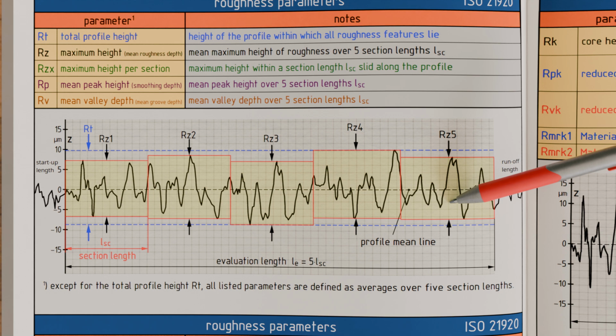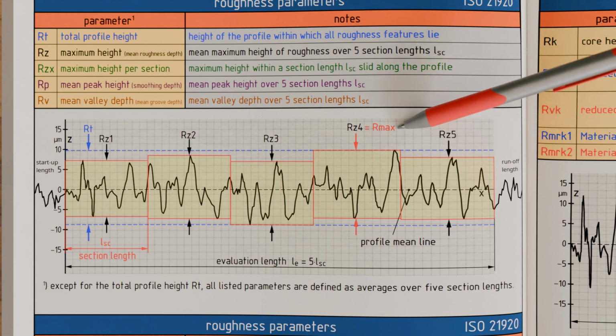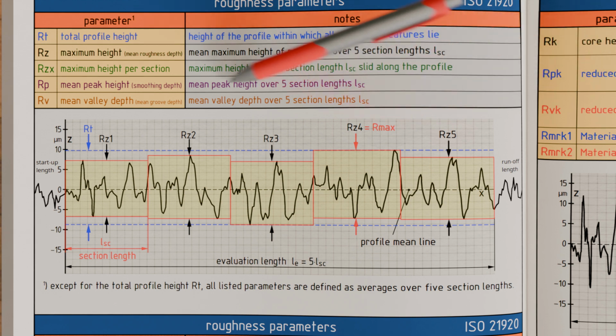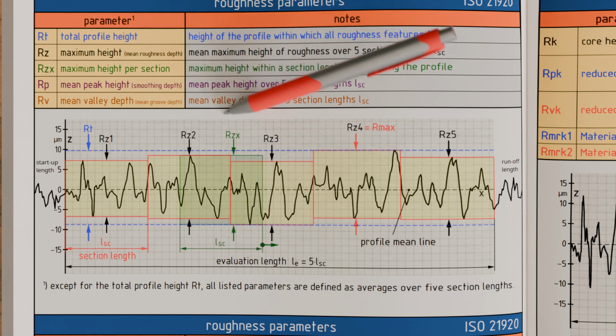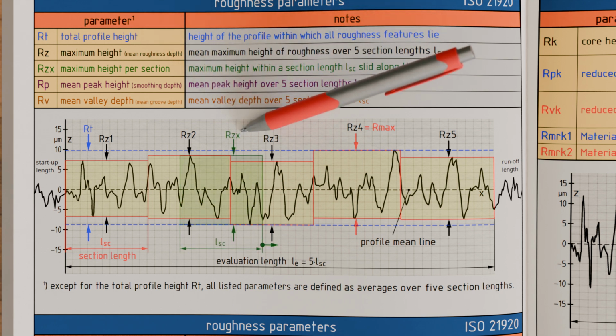The largest of the 5 individual profile heights was referred to as Rmax in the old standard. In the new standard, this parameter is replaced by RZX and is called the maximum height per section. This value is determined by the maximum profile height within a moving section length along the total evaluation length. In this case, the Rmax value is significantly lower than the RZX value, as the largest vertical distance between a peak and a valley of the profile lies not within a single defined section length, but spans across the second